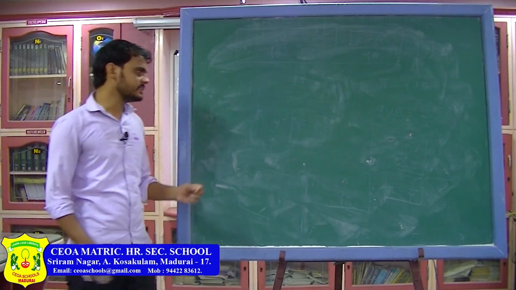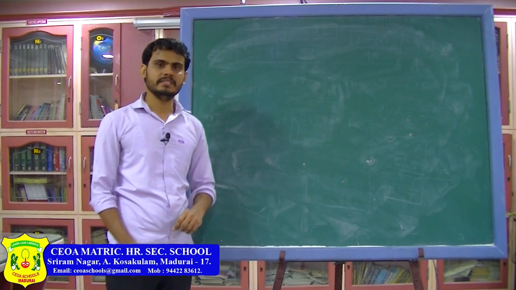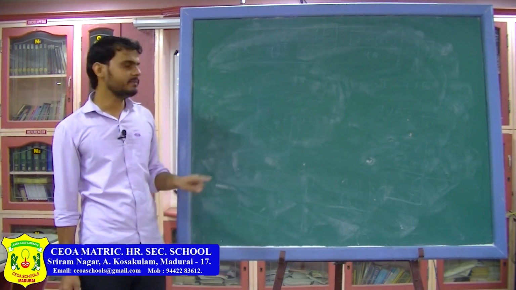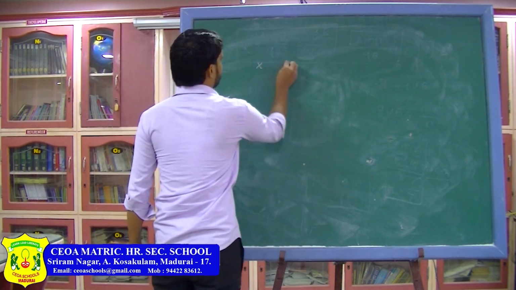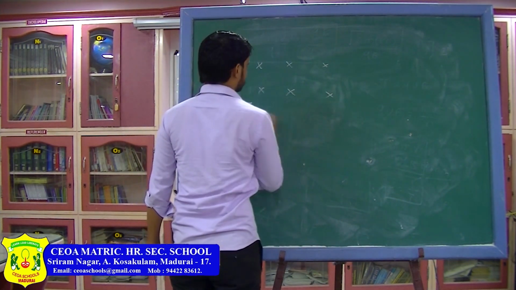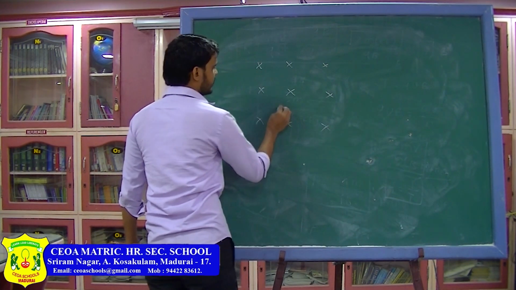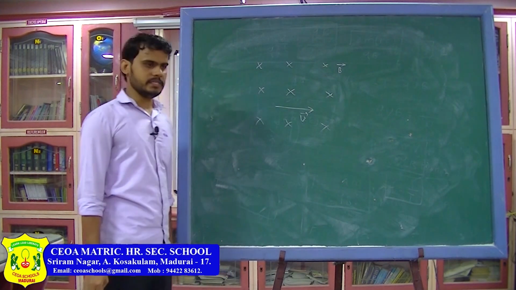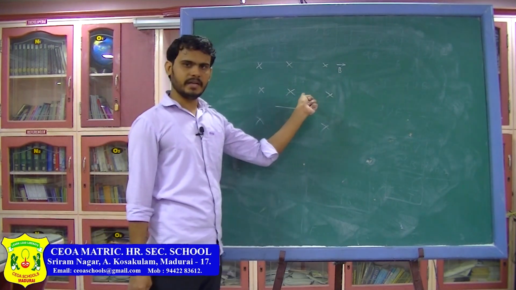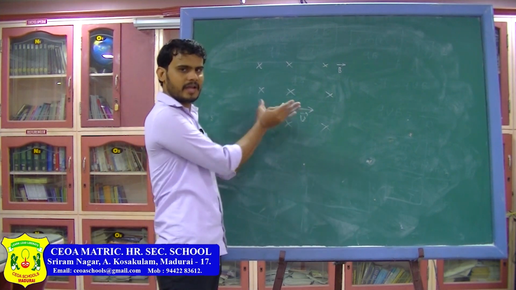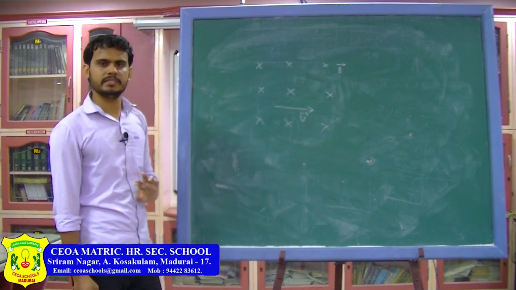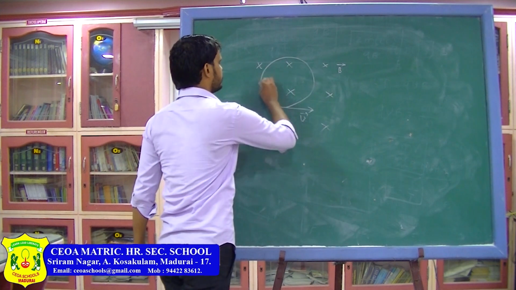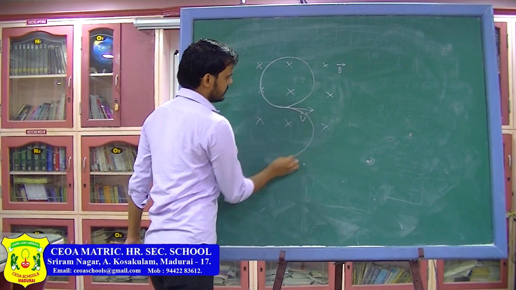So now you have to memorize this result. The formulas are straightforward. The only confusing part will be how to find the direction of where the particle is going to go. Suppose the magnetic field is in the inward direction and the particle is moving in this direction. So this is the velocity and this is the magnetic field. As you can see, velocity and magnetic field have a 90-degree angle between them, so the particle is going to do circular motion. Now depending on the nature of the particle, it can do either a circular motion which will be like this, or it can move in a circle like this.